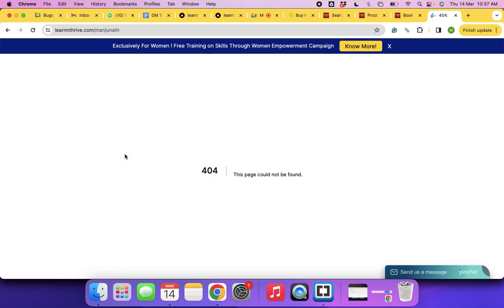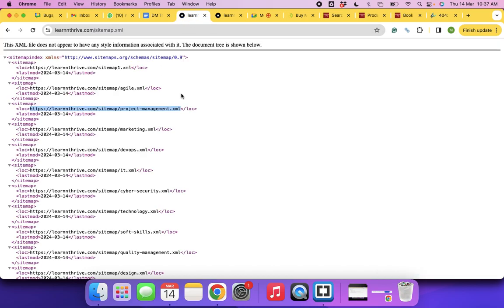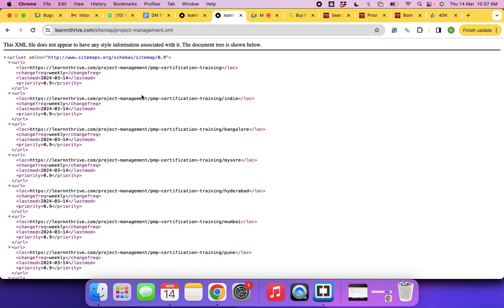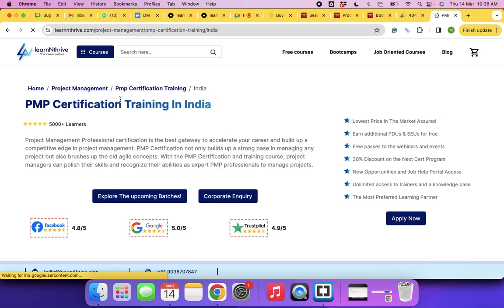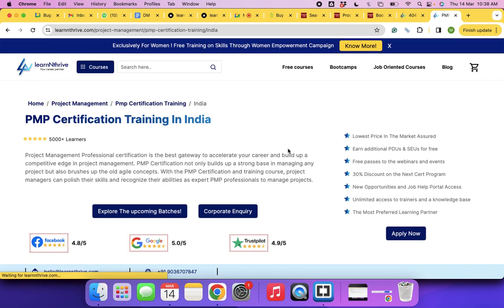Correct? So I have typed slash Manjunath and there is no such file sitting on the server. And hence it is communicating through a status code 404. 404 indicates I don't have that content or information on my server. And now if you are typing slash, like this, this will show a status code of 200, but that is not visible. Since it is there, it's straight away displaying the content to you.